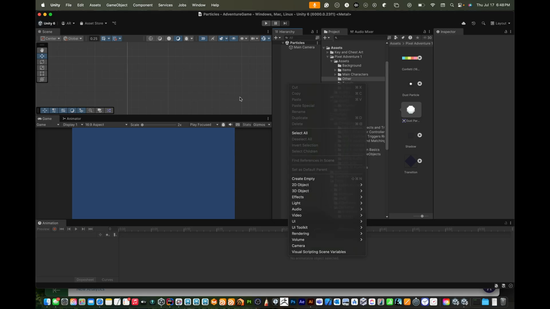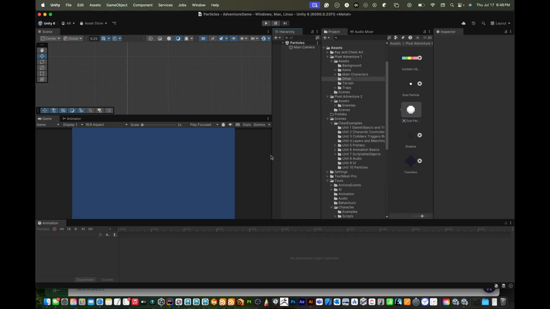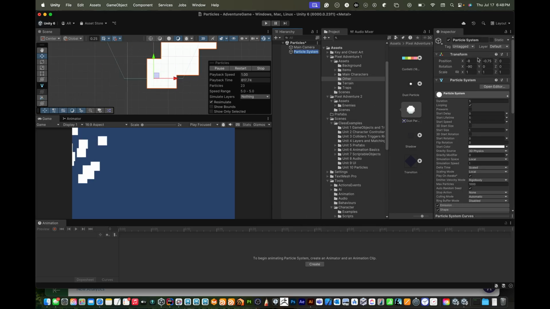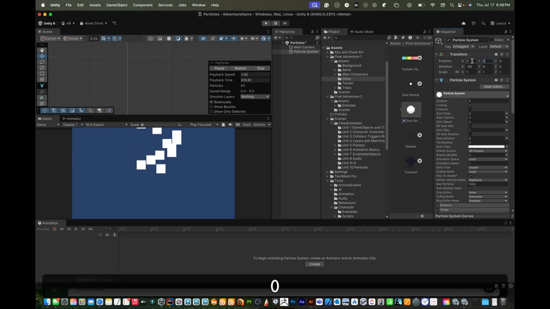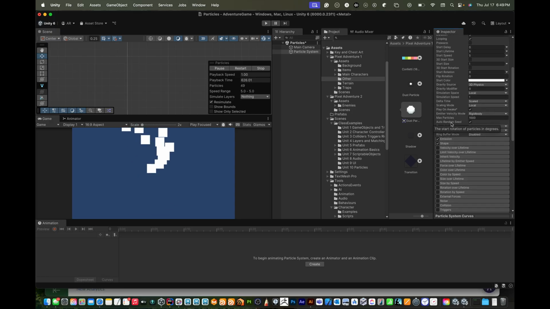So, I've just created a new file, and we're going to right click and create effects, particle system. And let's zero this so it's in the middle. Then we're going to add a sprite to it. Right. So we're going to come on down here